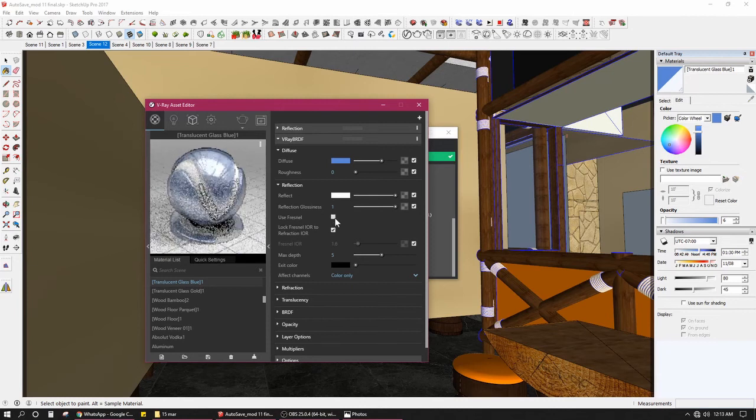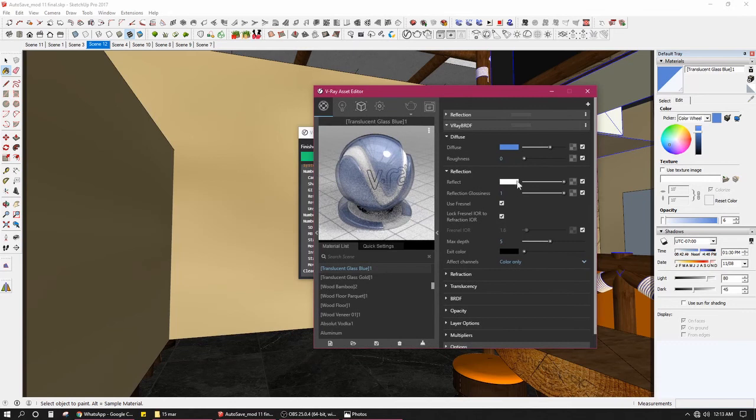Now I just turned off the use Fresnel option in the V-Ray BRDF layer. What this does, you'll just see the difference. Let me just turn it on once again. What it does is it makes the material a bit more translucent. It makes the surface of the material a bit more receptive to light, and at the same time it alters the flow and reflection of light on it.